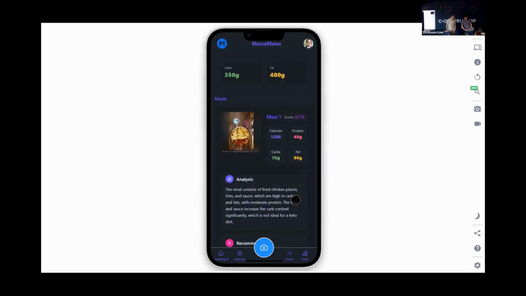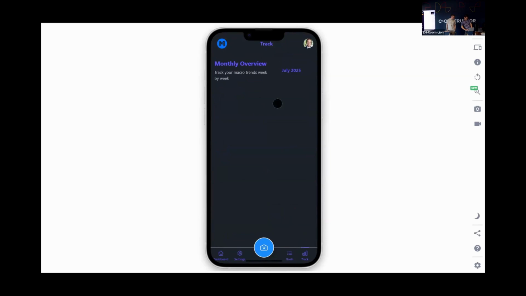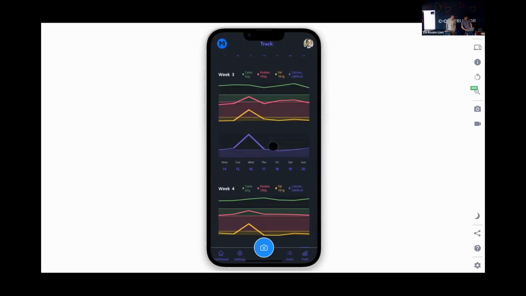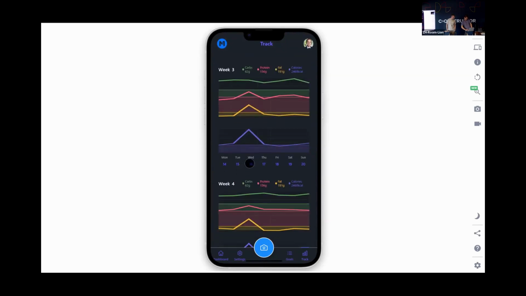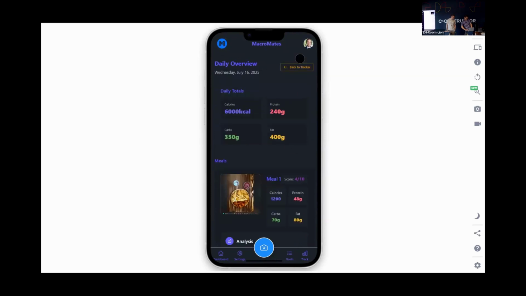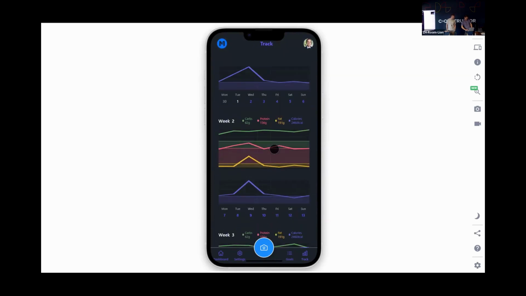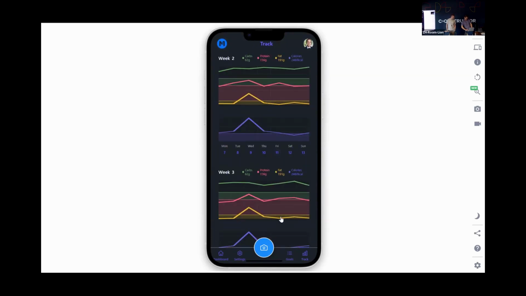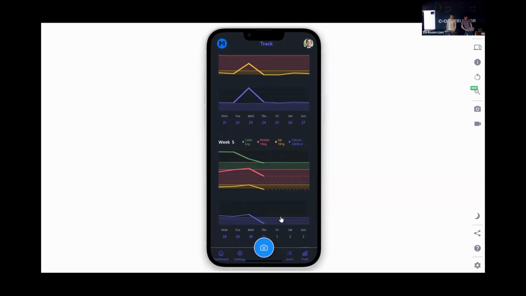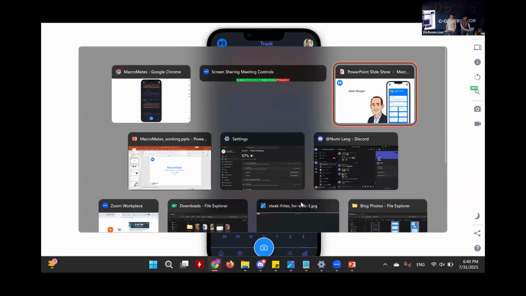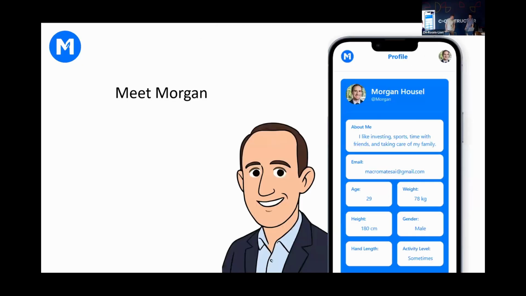Let's say on Wednesdays he realizes, I've been going to the sports bar with my friends and eating some oily, fatty chicken with fries every Wednesday evening. So if I want to keep to my keto diet and eat better, then maybe I should stop doing that. So this is basically a lot of the features that we have in the app so far. Rudolph, would you like to continue?